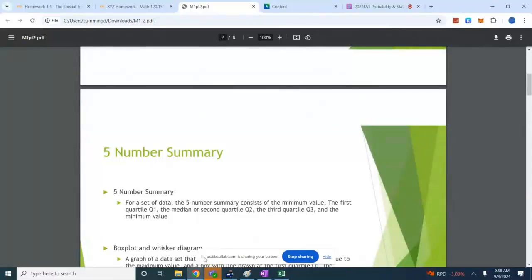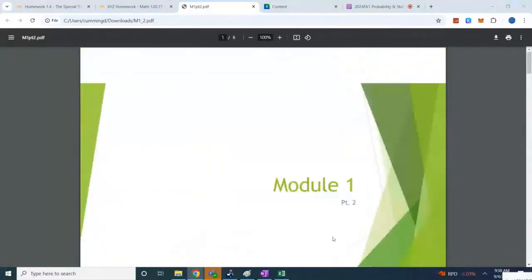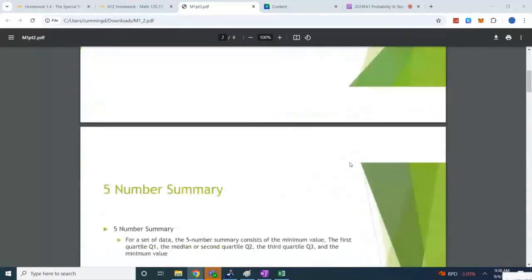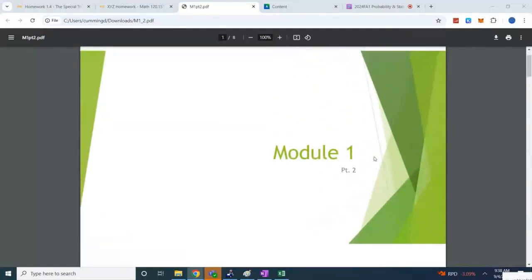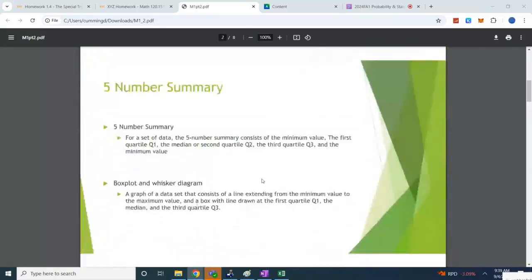All right, so today we're going to take a look at the second part of the first module. And just as a review, the last time we met, we constructed a frequency distribution where we had a raw set of data. We took that raw set of data, organized it into classes, and I believe we found the frequency, the midpoint, and some other things, right? Today we're going to continue on,